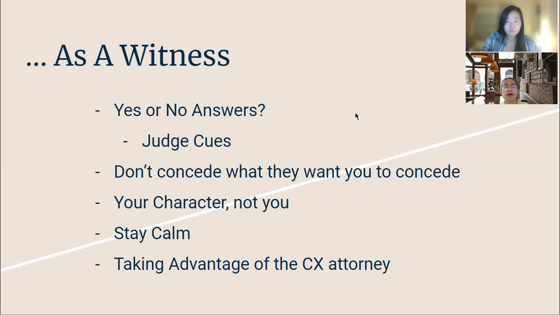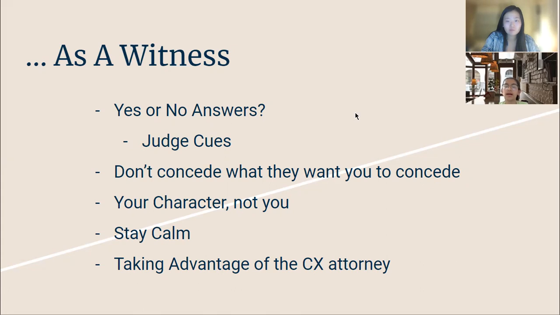Another thing you should keep in mind is that you shouldn't just concede what they want you to concede. Obviously, the cross-examining attorney is trying to get a certain answer out of you, right? They're trying to support their own arguments. They're trying to prove that you don't know what you're talking about. They're probably trying to make you flustered. Don't just give in to what they're trying to get out of you, right? If they ask you a question that could be a yes or no question, and the answer could be yes,